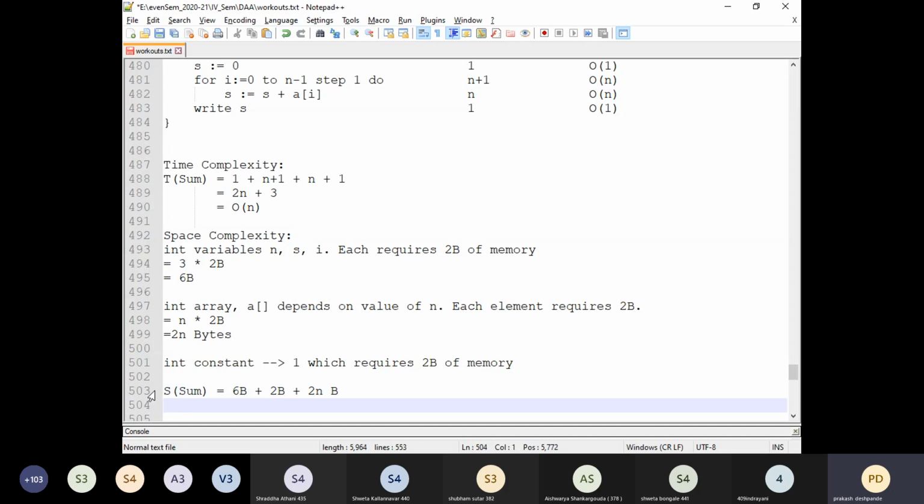So how much is the total? 2n plus 8 bytes. Is this derivation understood? How we derived the space as 2n plus 8 bytes? Any confusions, students, here?